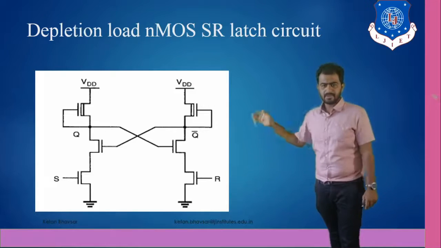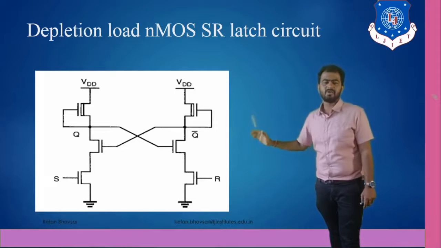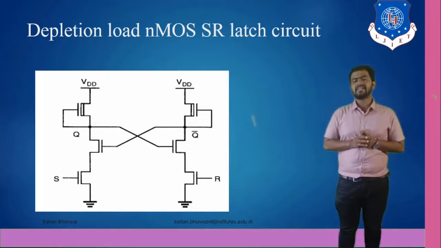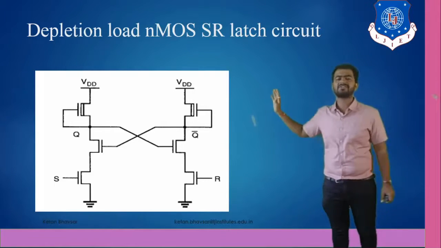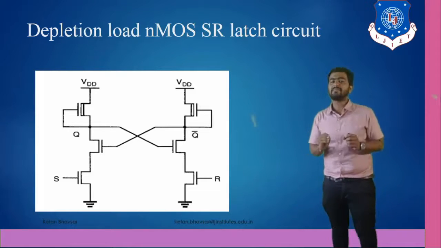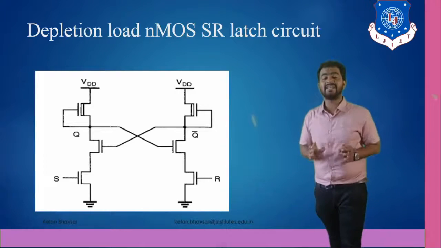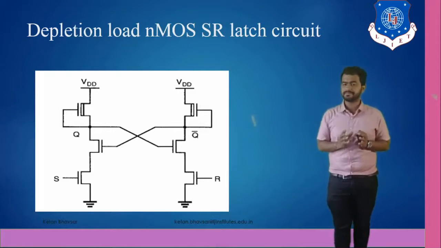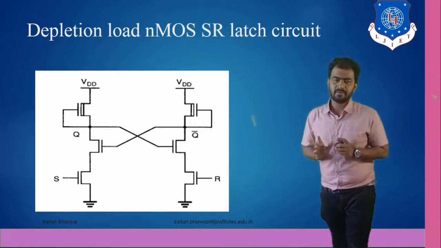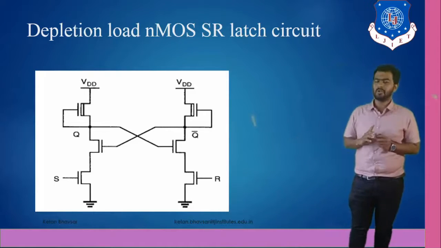So you can see only NMOS is there, we removed the PMOS, and it is a cross connection because of the connection diagram that we already saw on the first slide. So it is a depletion load NMOS SR latch using NAND gate. Make sure that the depletion load NMOS SR latch is also available using NOR gate, which we already did in the previous session. Clear, everyone? Still, if you feel any doubt, you can tell me about the confusion between SR latch using NAND and NOR gates.